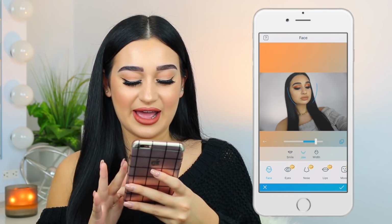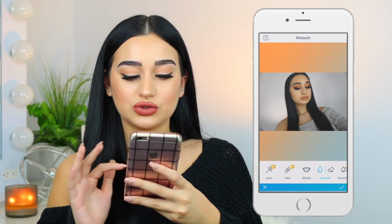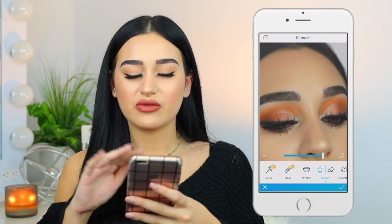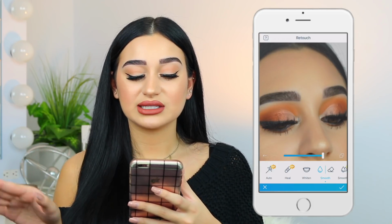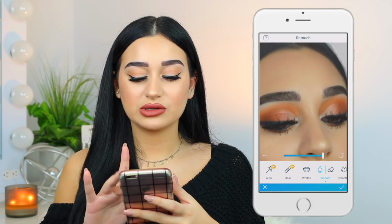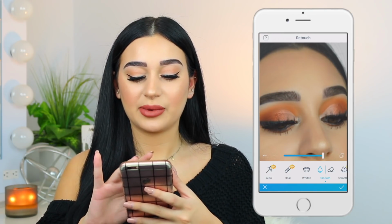This is so funny. Okay, so after I do that, I'm gonna go into Retouch again, and then I'm gonna go to Smooth, and then I'm gonna zoom in on my face. When I do this, I never do smoother. I know the original Facetune has smoother available. I never do that because personally I think it's way too smooth. I always do the regular smooth and I'll just tap. So I'll never actually go like this and smear it across. I just tap on the screen